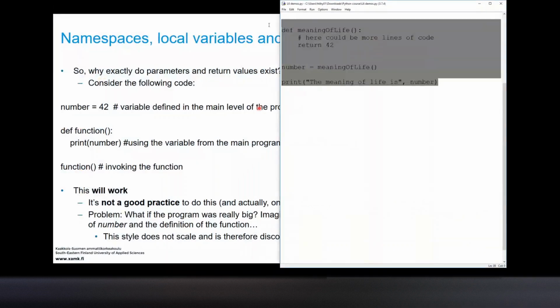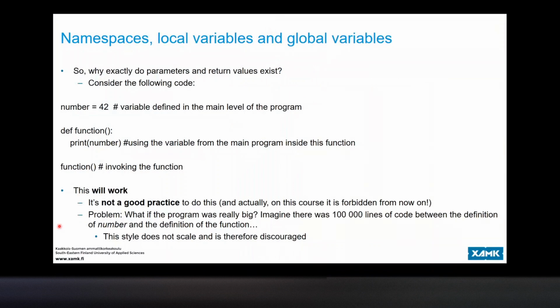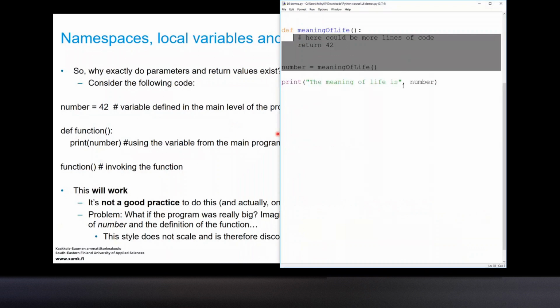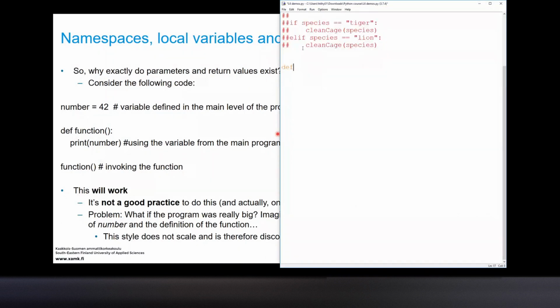So let's say we have here some variable that contains data. So let's say we have this number, and this number is the meaning of life according to the Hitchhiker's Guide to the Galaxy book. So, and here meaning of life 42. Then if we had some function,